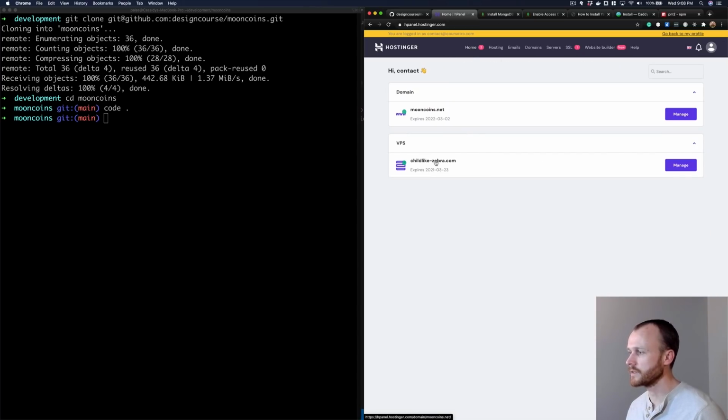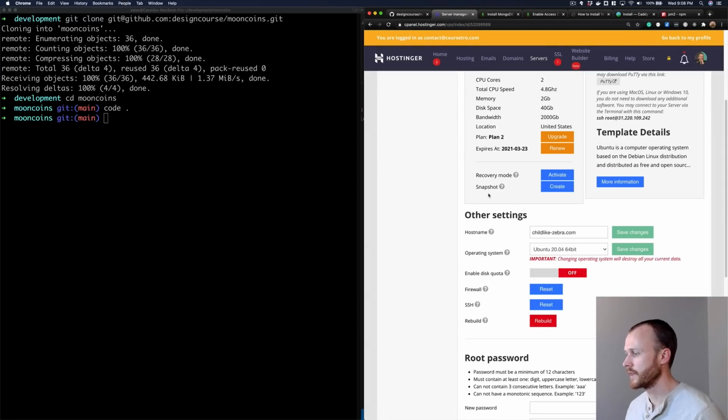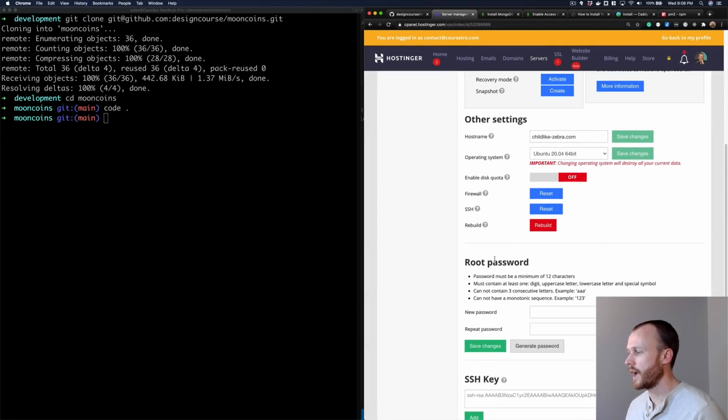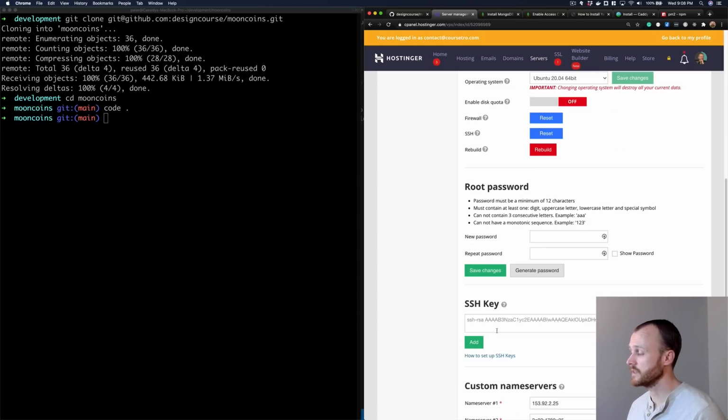Now I'll go back to the server interface, and I need to configure a way to connect to this server. There's a few different options. I could set the root password here and then log in with that. It's easier and more secure to use an SSH key. I already have one set up. If you need to learn how to do it, they have a tutorial here linked, but I'm just going to